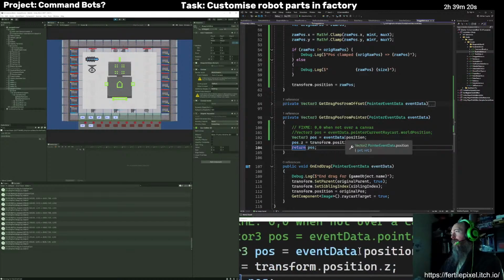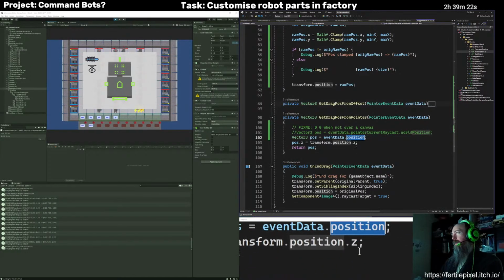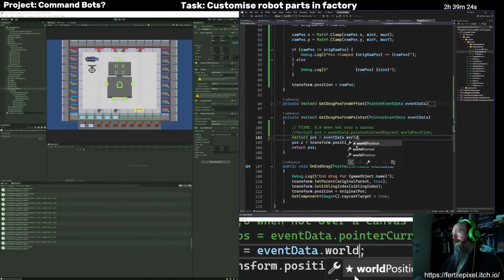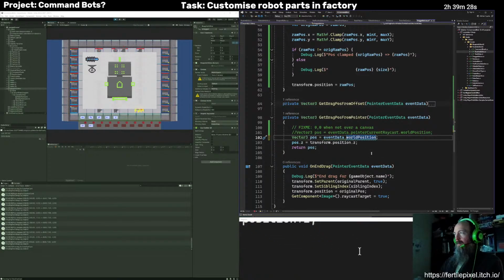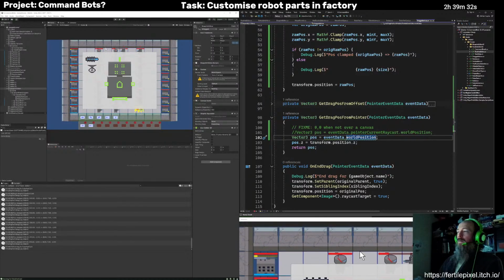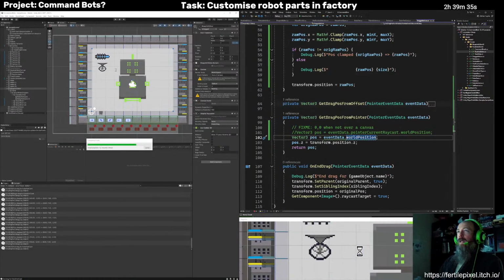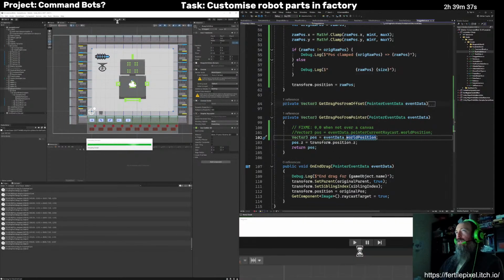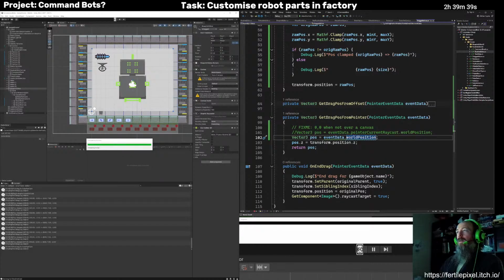What if I just use that deprecated world position? It's only deprecated in this version, which is the one I'm using. So it's not removed.